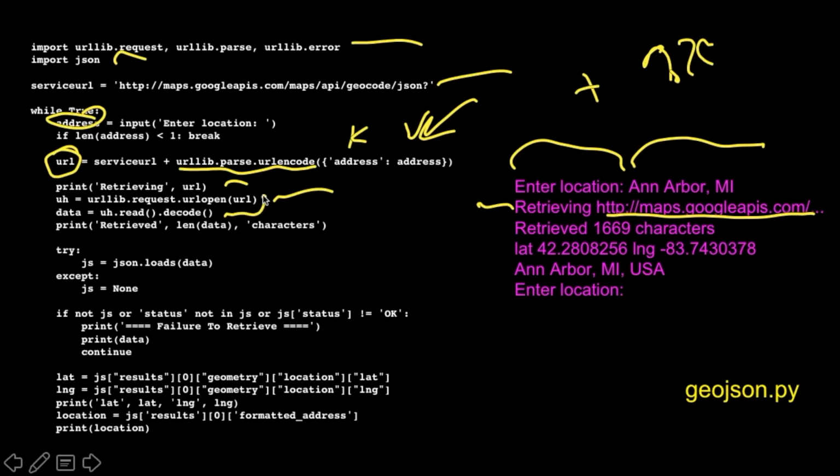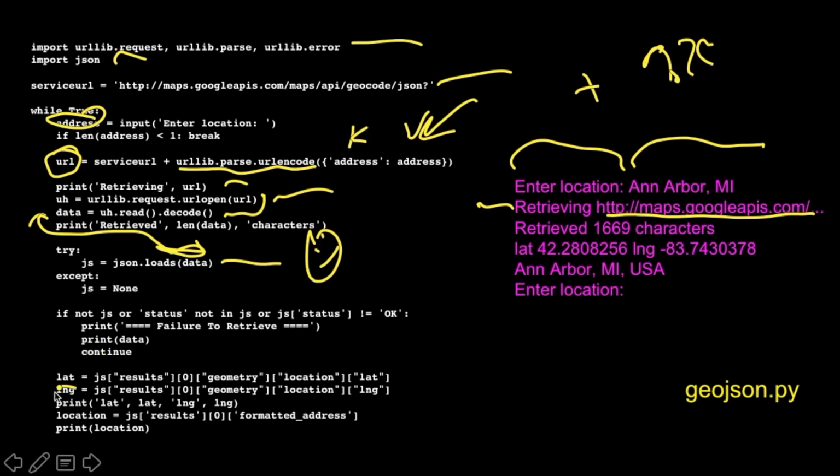So these two things hit this URL and decode it, and then we retrieved 1669 characters. Because we've decoded it, data is a string now. Read is bytes and data is a string. So we read that many characters, 1669 characters. And then we're going to take this data and parse it with JSON. We might get bad data here. It might blow up, but it might work. In this case, it works. We have an error check that basically says if we got a bad thing, we're going to blow up, but in this case it doesn't blow up.